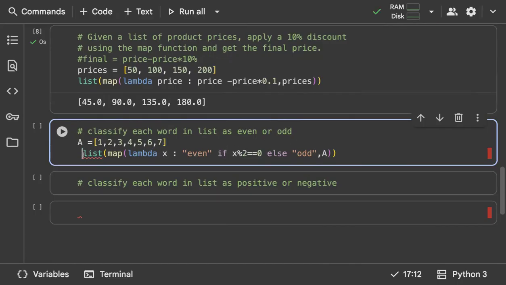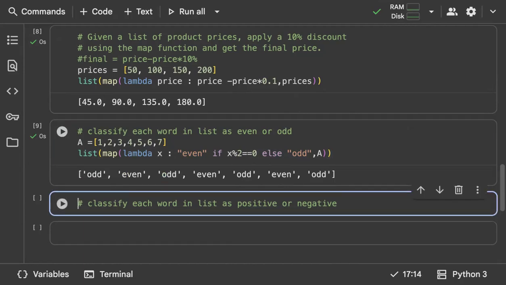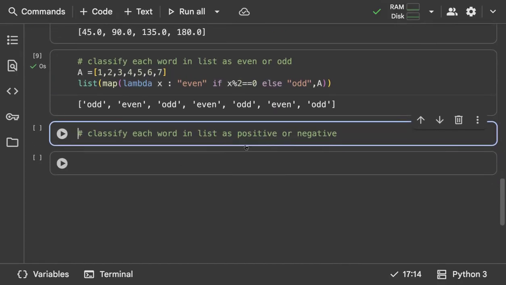Great. Okay, so it is list of map of. We are writing a lambda function just to classify whether it's even or odd. Now map will apply this function on every element of A, and it's going to give you, wherever you have an odd number, odd. Wherever you have an even number, even. Okay, yeah, great. So similarly,